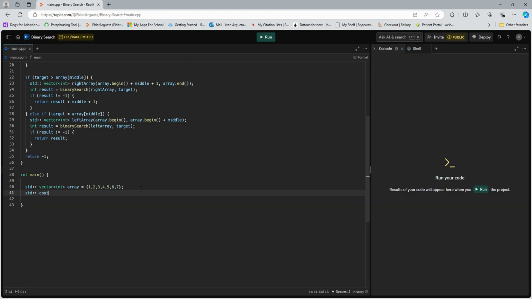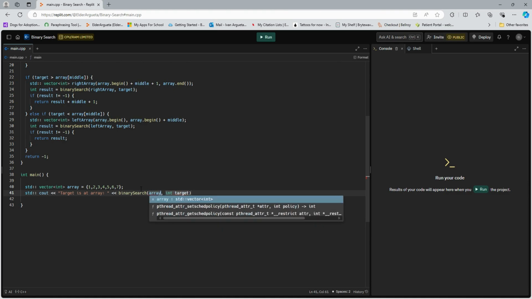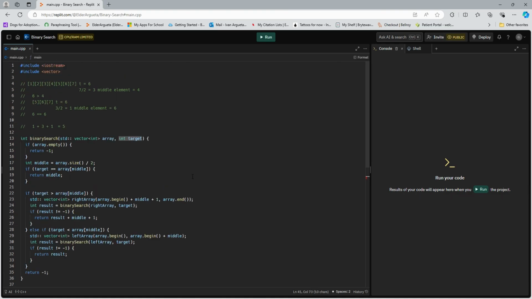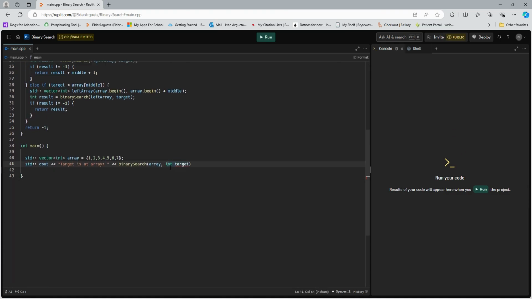And then we're going to say std::cout, target is at array, and then we call binary search on array and our target. What did I have my target as? 6 in this example. And then if we run it,